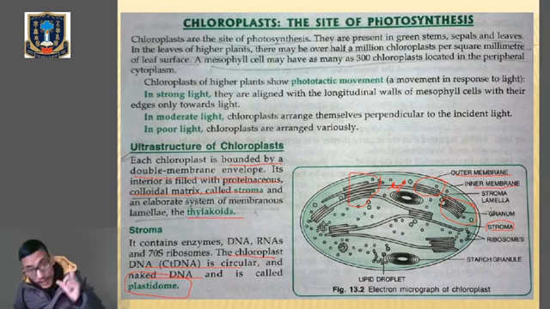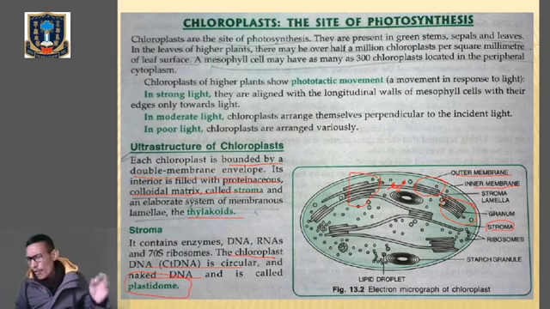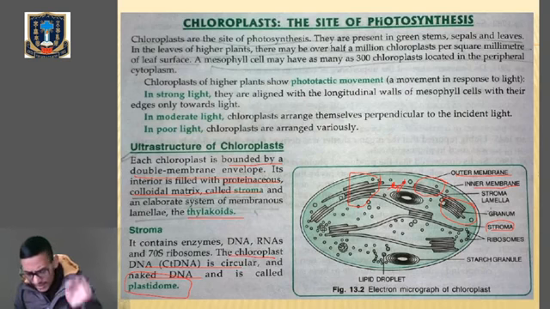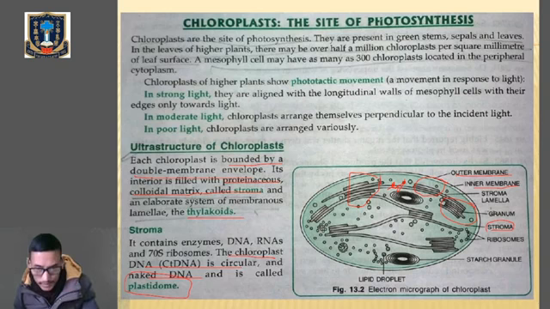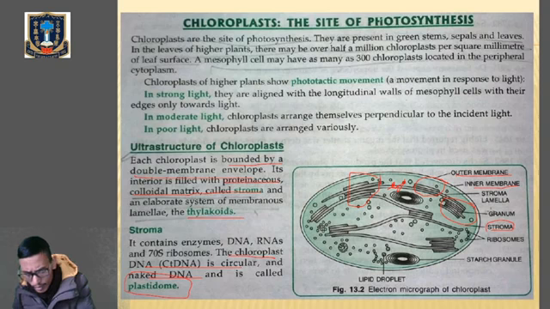Chlorophyll, carotenoids, and phycobilins. There are different types of chlorophyll. We have chlorophyll A, B, C, D, and E. But out of them, chlorophyll A and chlorophyll B are the two main photosynthetic pigments. Out of A, B, C, D, and E, A and B are the most important photosynthetic pigments of